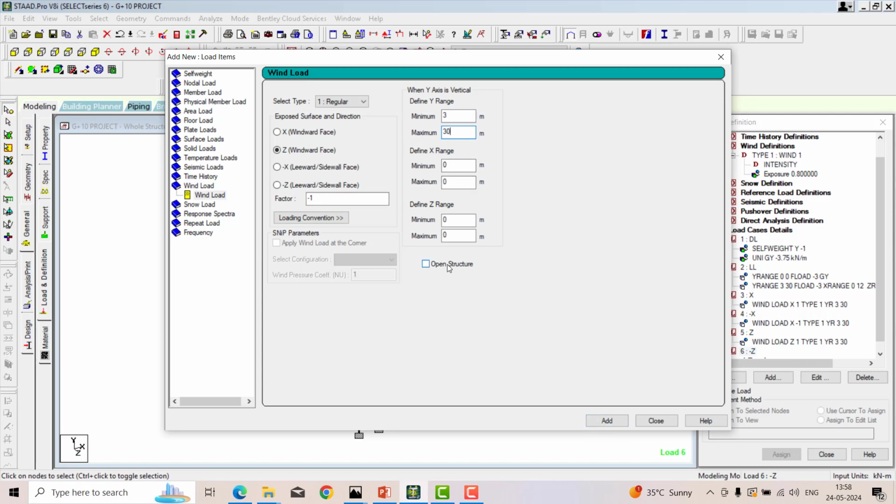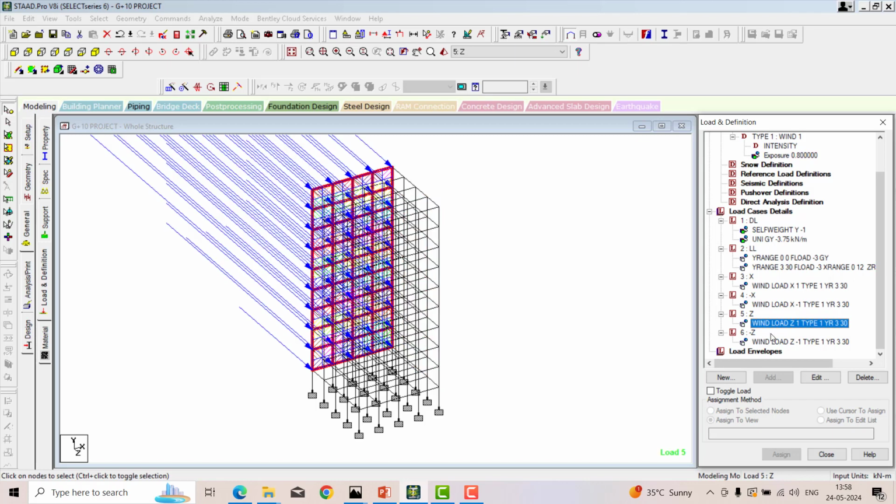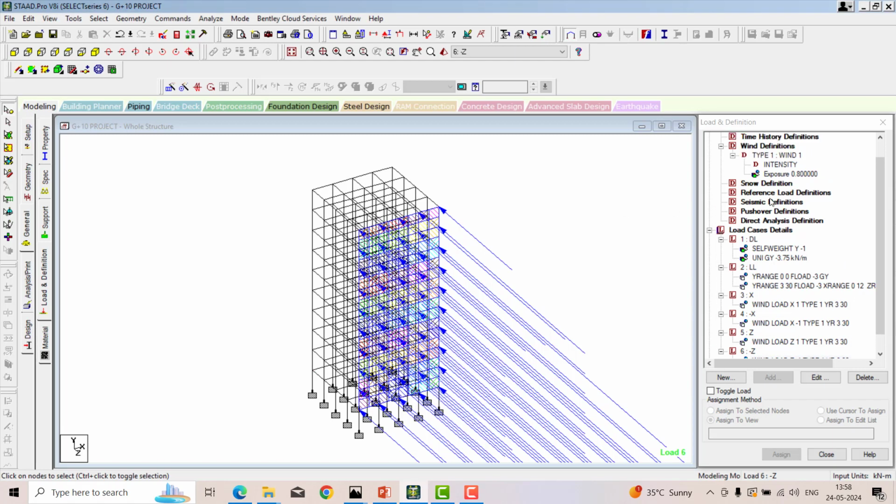If it is an open structure like a tower or a steel truss, then you have to click over the open structure option. As it is a closed structure, that's why I don't want to click over the open structure option. Add and close. This is how you can confirm and then apply in all the 4 directions.